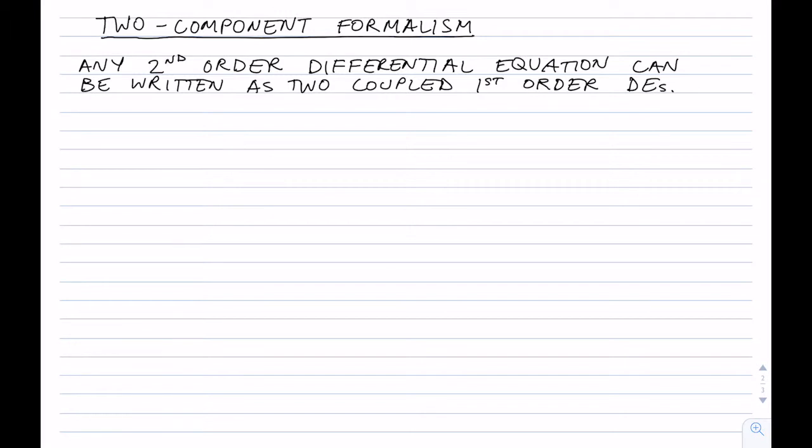The next thing we want to look at is the two-component formalism. So we've got the Klein-Gordon equation, which is a second-order differential equation. The point is that any second-order differential equation can be written as two coupled first-order differential equations. For example, we could take the wave function and the derivative of the wave function